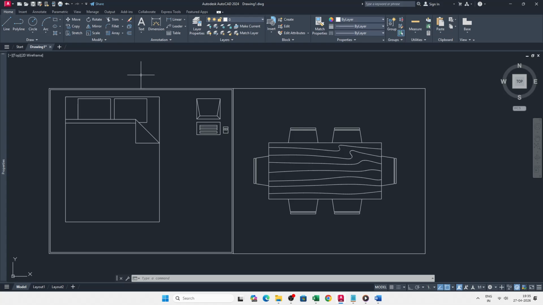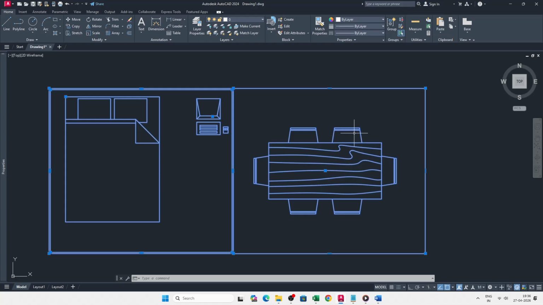Next, select the objects you want to bring over. Use your usual selection method to capture exactly what you need, then press Ctrl+C to copy. If you want more control over where the drawing lands in Word, use Ctrl+Shift+C instead. That lets you specify a base point before copying. Choose a logical point like a corner, center, or any snap that will help you align the drawing precisely when